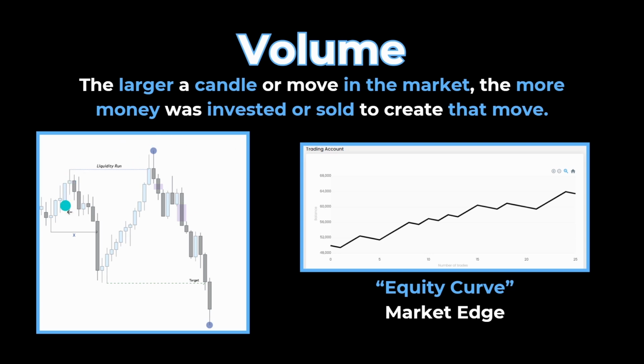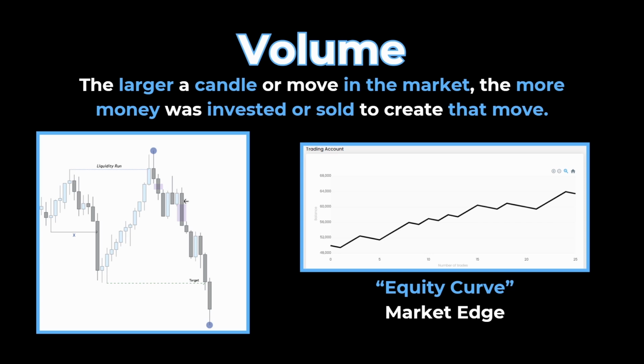Now we have the same image here from the previous slide with liquidity, but in this case I do have these purple boxes here, and these are just used to represent what we call imbalance in the market. An imbalance is created when a very heavy bearish or bullish candle is created, and there's a gap between the previous and following candle. So this pattern of 3 candles together where there's a gap between the wicks is what is known as a market imbalance,